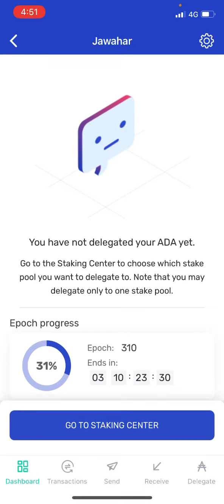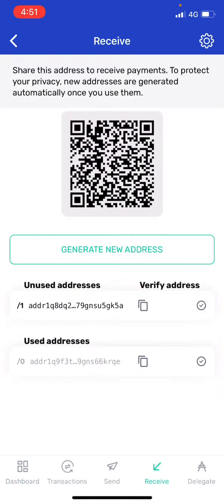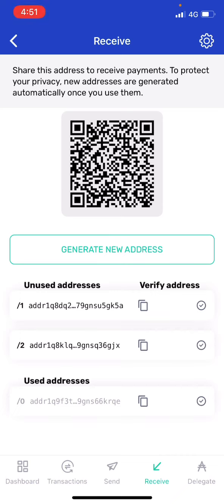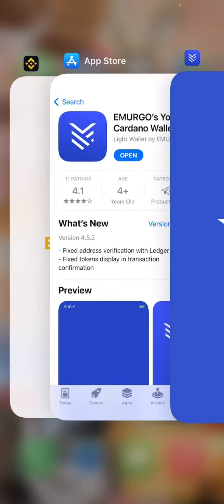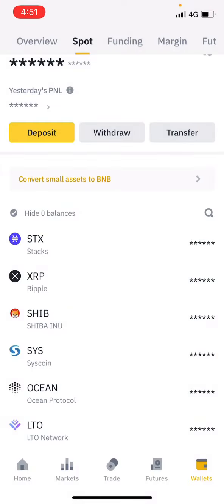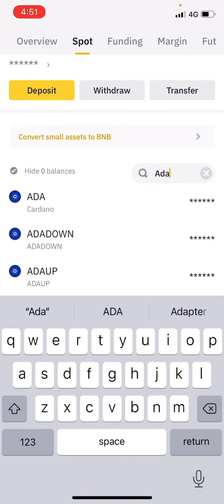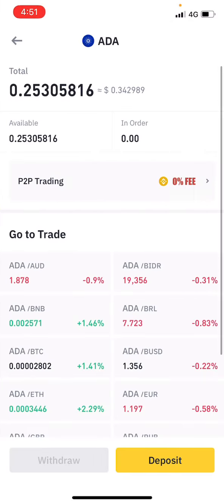After that, what you need to do, actually I have done this, but I will tell you how to do it. So click this receive, guys. Actually there will be an address, guys. If there is no address, click generate new address, and copy this address. Okay, copy this, and if your Cardano is in Binance, then go to Binance and click Cardano, and click withdraw